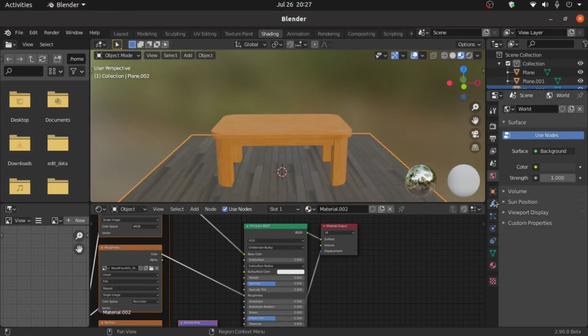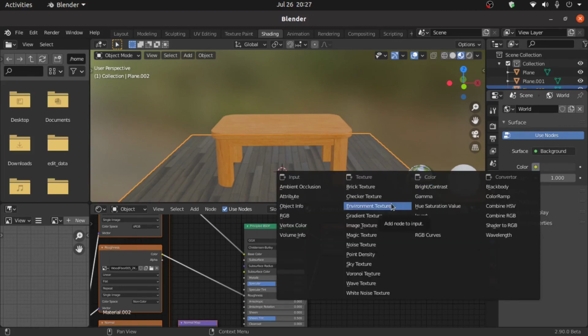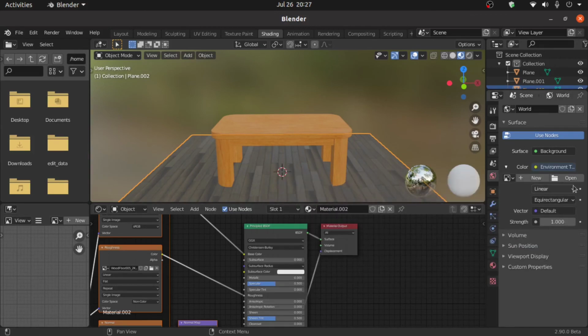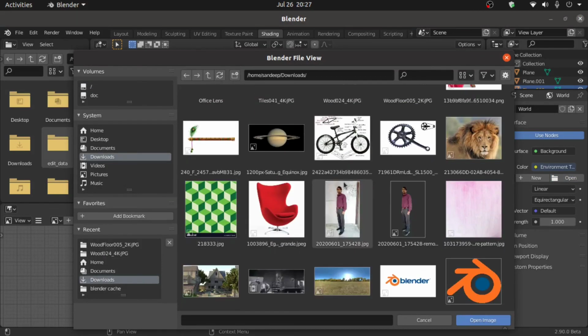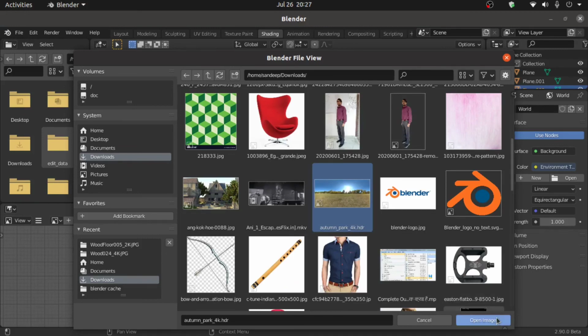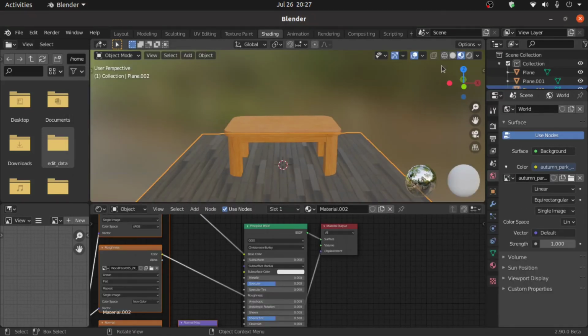Now for lighting purpose, I recommend that you use HDRI image. You can download from hdriheaven.com, and you can also download textures from texturesheaven.com. Now click on this texture environment and open HDRI image. Okay, now switch to render mode,